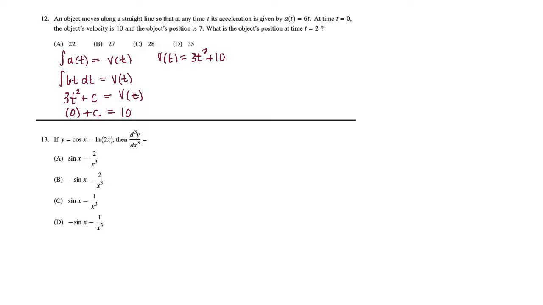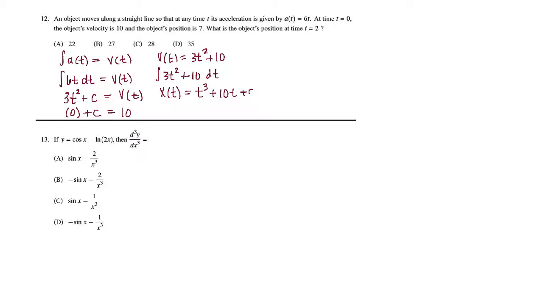All right, and now we need to integrate velocity because that'll give us position. So let's go ahead and integrate 3t squared plus 10 dt. And so that's going to generate for us our position function. So our position function is going to be t cubed plus 10 times t